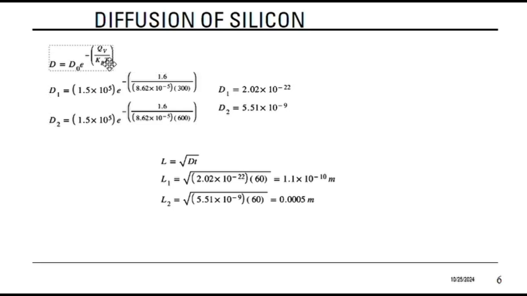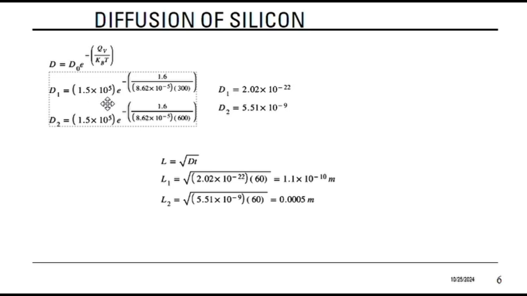Q_V is the activation energy required for diffusion. k_B, Boltzmann's constant, which we know already, is 8.62 times 10 to the negative 5 eV per K, and T being temperature. Now, once we sub in everything,